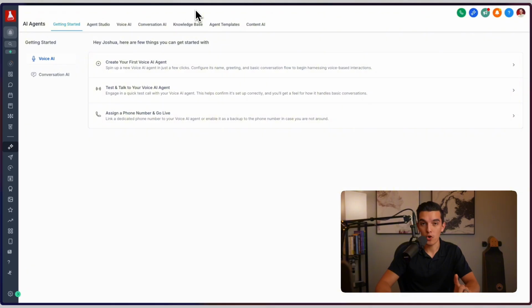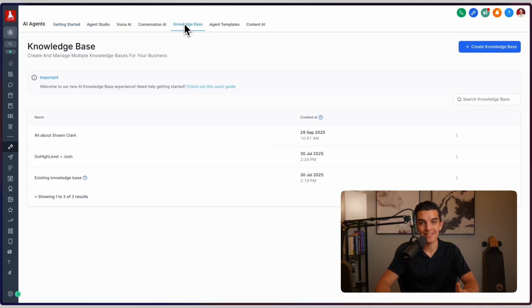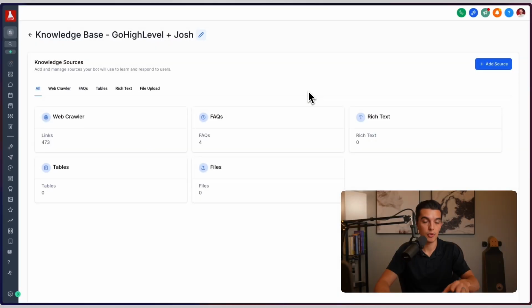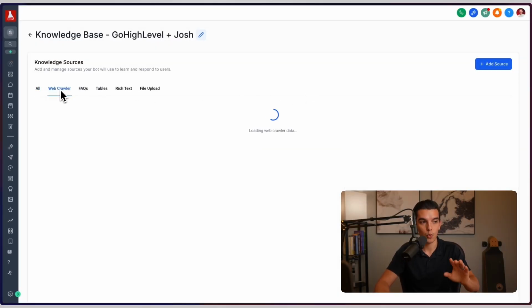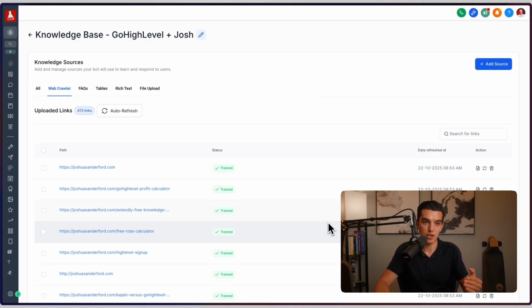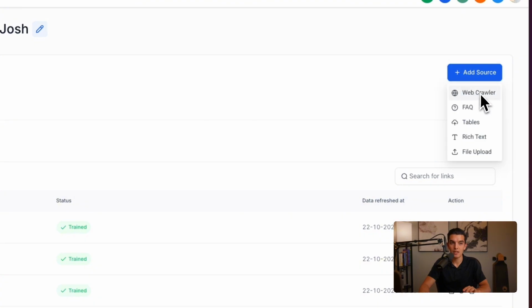Here's the really important part for the agent. You'll need to click on Knowledge Base. Underneath Knowledge Base, you'll need to make sure that you train it on the information that is applicable to your business or to your client's business. It's very simple to get set up, but you will need to test it. Click on the web crawler and you can see all of the articles and URLs that have been trained. In your account that's not going to have any, you'll click on Add Source